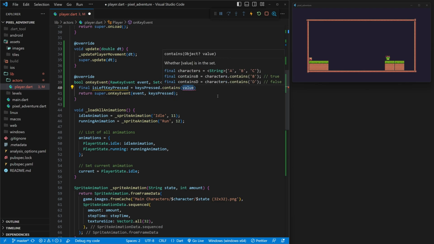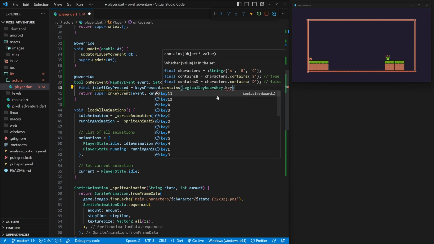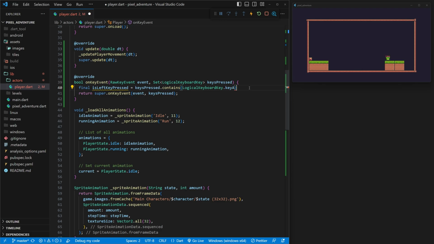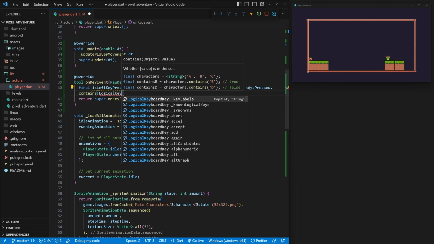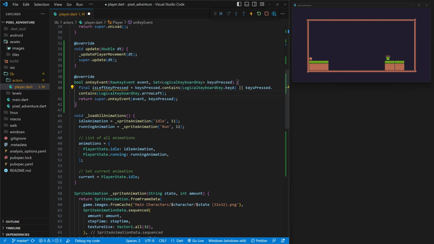dot contains, and then we're going to check the actual key itself. And to do that, we write LogicalKeyboardKey dot, and then the key, and then whatever letter it is, in this case A, so keyA. So this allows us to grab key A. However, we want to be able to grab key A or left arrow. So we can use the two pipes to write or, and then we can do the same thing. keysPressed dot contains LogicalKeyboardKey, and then for the arrow, it's arrowLeft. Perfect. So now we're saying if the keysPressed contains either our LogicalKeyboardKey.keyA, or A key, or contains LogicalKeyboardKey.arrowLeft, or left arrow, then if either of those are pressed down,